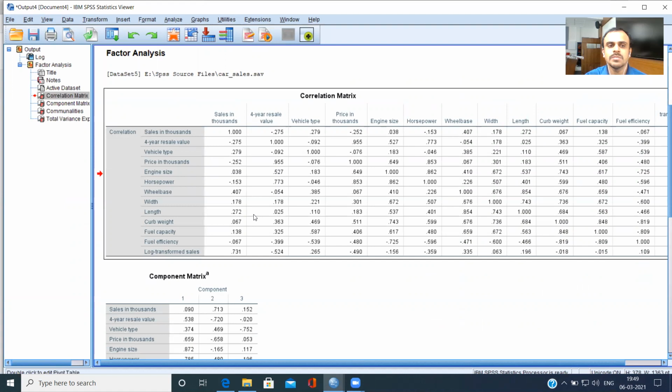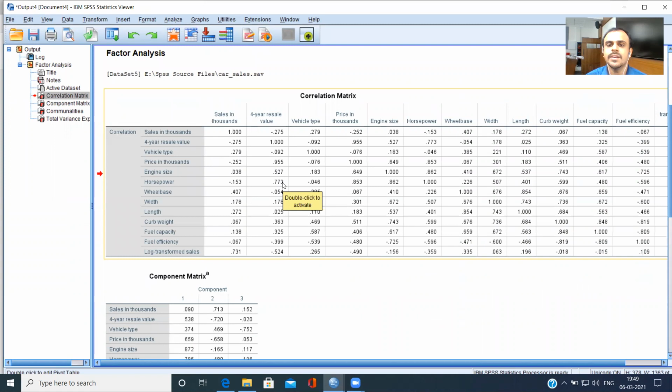Now you'll see a correlation matrix. It'll also give you other output corresponding to factor analysis. I'm not looking at the subsequent output. I'm mostly interested in correlation matrix. Now, as you can see here, you see so many numbers here. Please don't be intimidated with this, because you can't really eyeball each and every number and make an interpretation of this. There's an easier way of doing this, because SPSS and Excel are very, very good friends. The output of SPSS can be exported to Excel. And in Excel, there's a very, very easy and interesting way of summarizing the results.